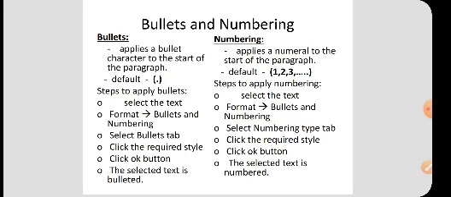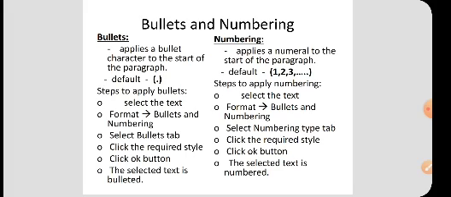First of all, we have to see the bullets. What are bullets? A bullet applies a bullet character to the start of the paragraph. The default bullet is a dot. The steps to apply bullets are: first you have to select the text for which we want to give the bullets. We first select the text to be bulleted